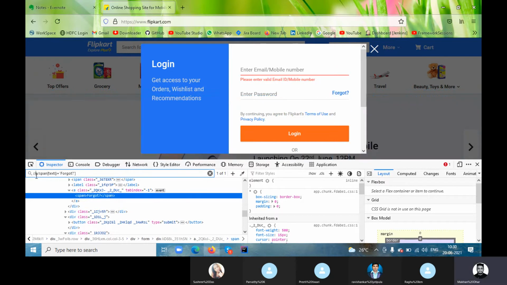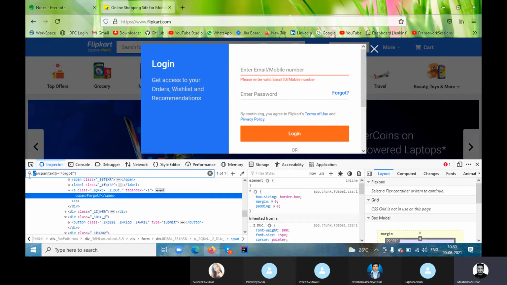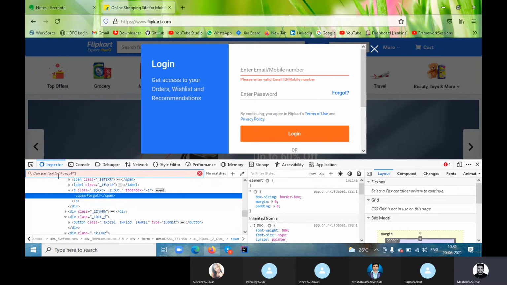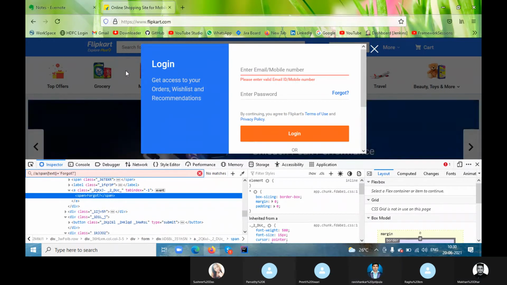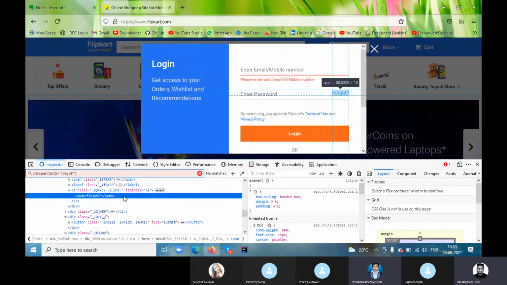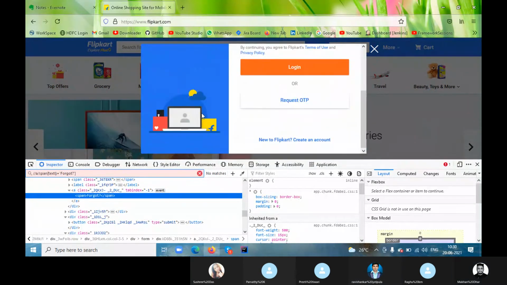And every XPath when you create it will always start with double slash. By using single slash, you can't create any XPath. This is not the syntax. Did I clear your question? Yeah. Okay. So by using text, any question you have, or do you want to see any other?